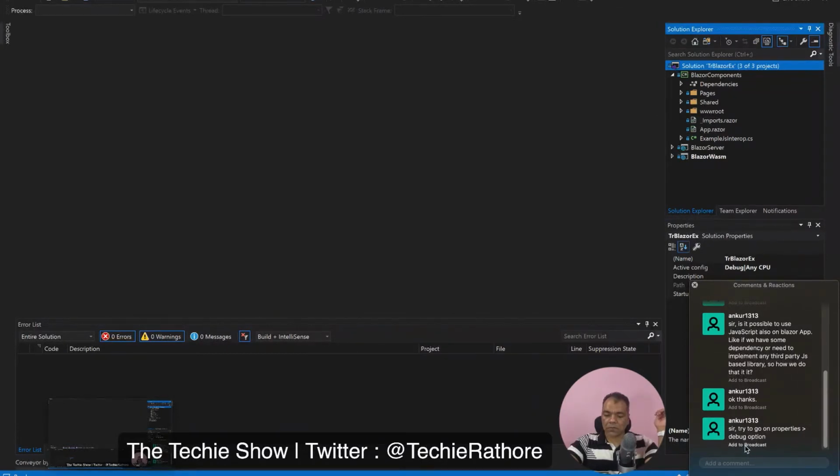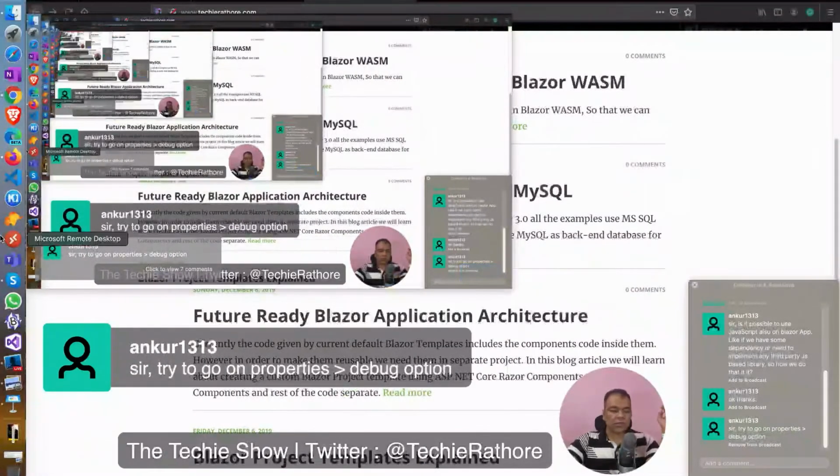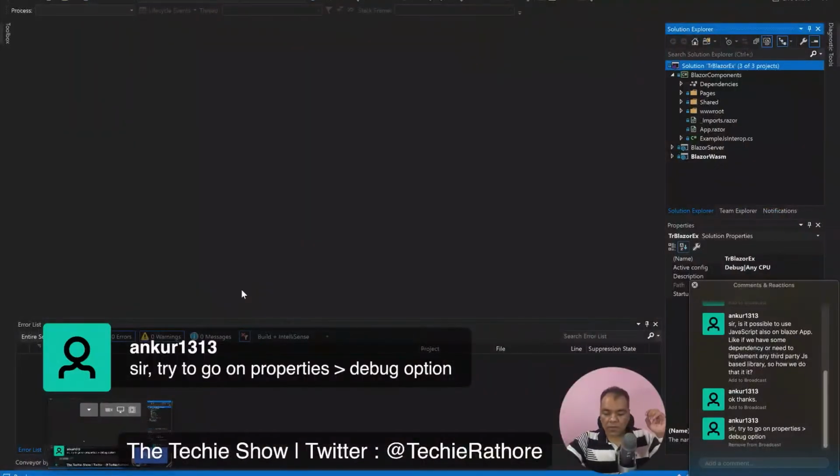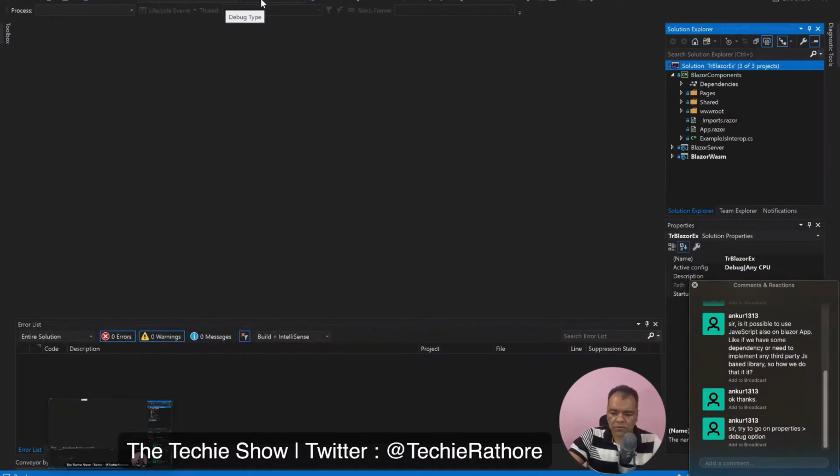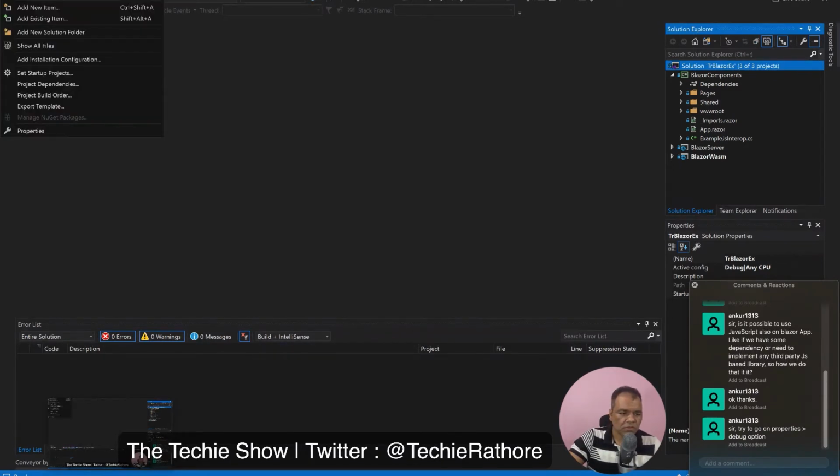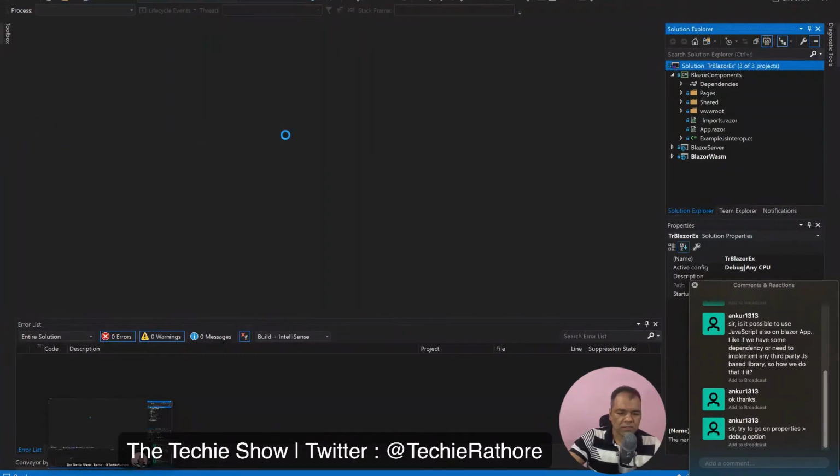Okay, so Ankur is suggesting me to try to go on properties and debug option. Okay, so let me see. Go on properties, debug options, project. Okay, properties.